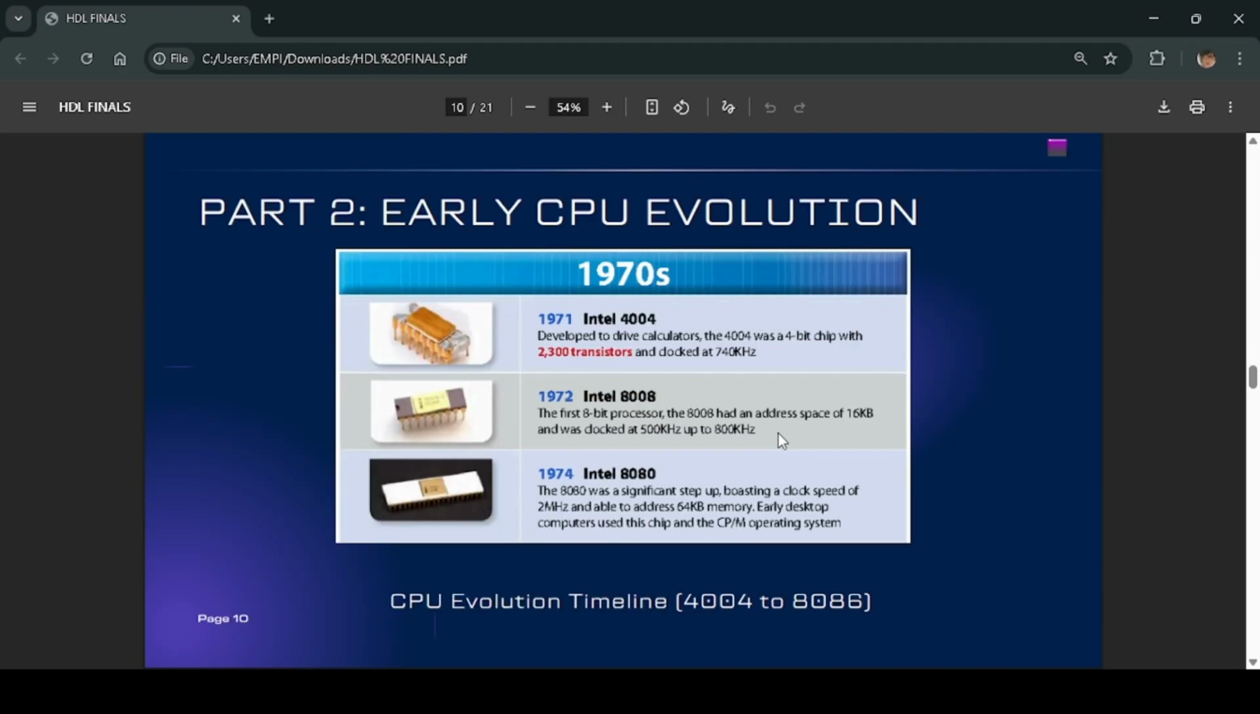Next is the CPU evolution. The evolution of these CPUs was rapid. The 8008 added interrupts and indirect addressing. The 8080 at 3.1 megahertz was considered the first reusable microprocessor, but the watershed moment came on June 8, 1978,